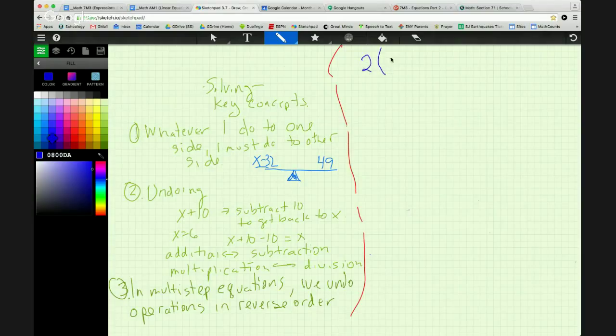I'm going to say, well, 2 times x plus 4 equals 20. So what did I do first to my x, and then what did I do second over here? Let's write that down. The first thing I did was I took x and added 4. I didn't multiply my x by 2 first. Just because the 2's first out here doesn't mean I did that first. I took an x and I added 4 because that's what's inside my parentheses. And then the second thing I did is I multiplied